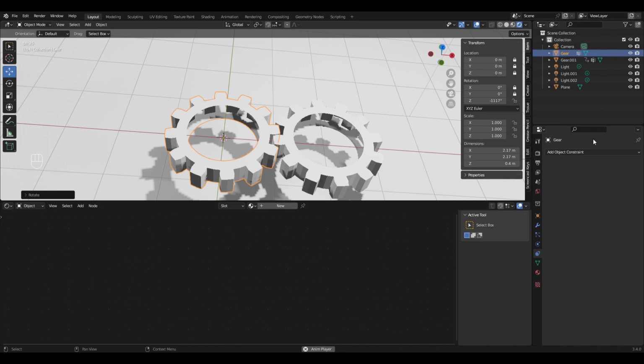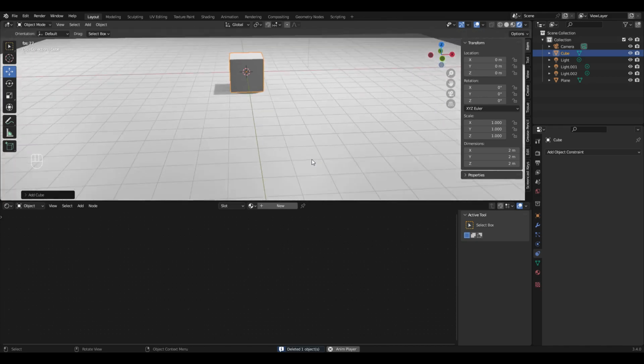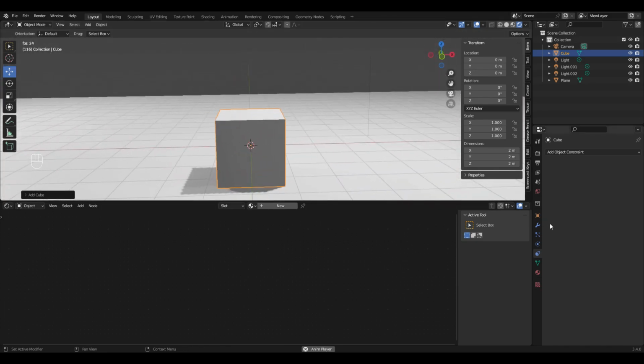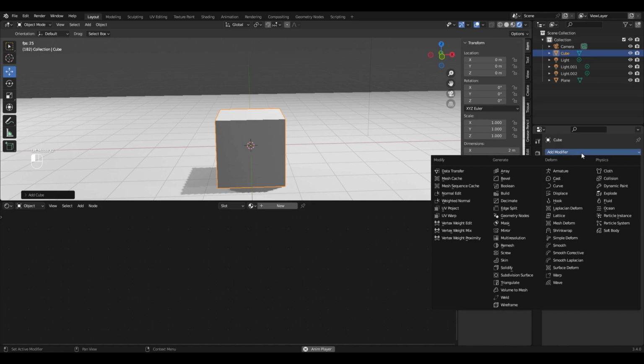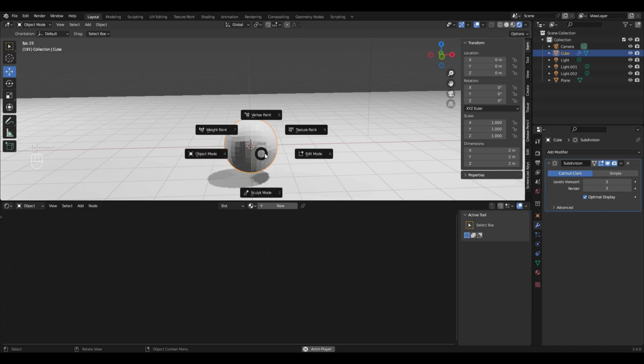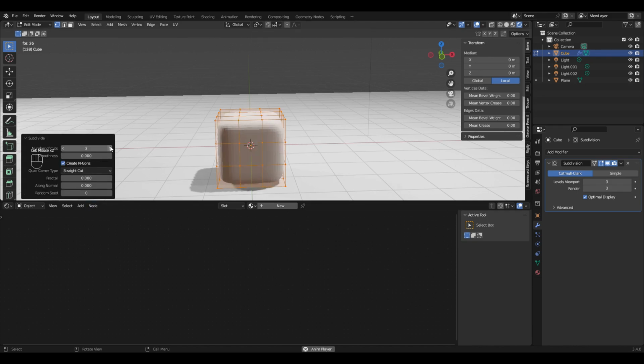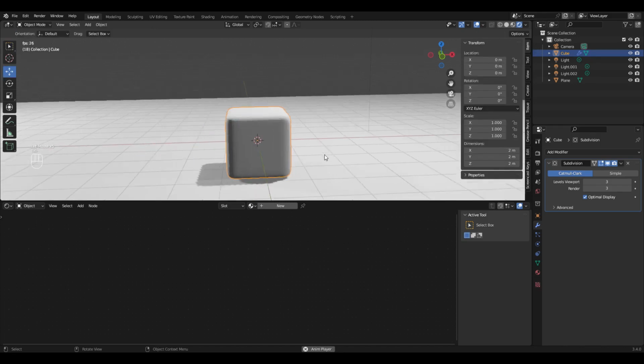So here's another one. Let me add a cube. And I'm going to add a subdivision surface. Let me give it a couple of subdivisions, and then I want to kind of subdivide the base mesh so that it kind of looks like a rounded cube. So let's go that many subdivisions. We'll go back here, and then let's shade it smooth. And then if I do a simple deform,